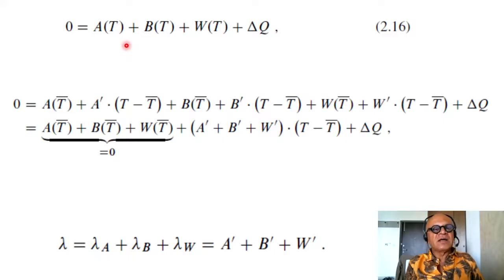We can then write these again in terms of the Taylor series kind of idea we had. So A plus A prime, which is dA/dT, the dependence of net solar kept in the system with respect to temperature, times T minus T bar, where T bar is the long-term average and T is the perturbation we are causing.